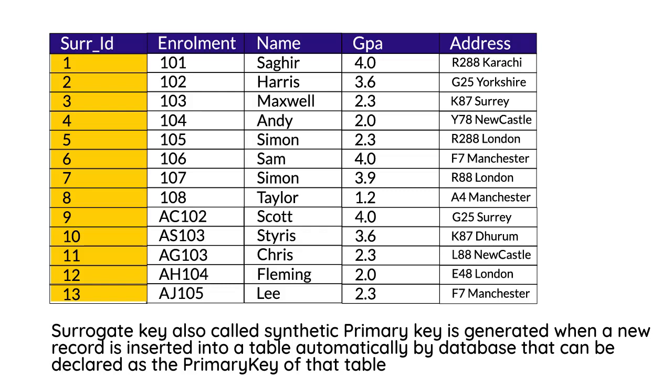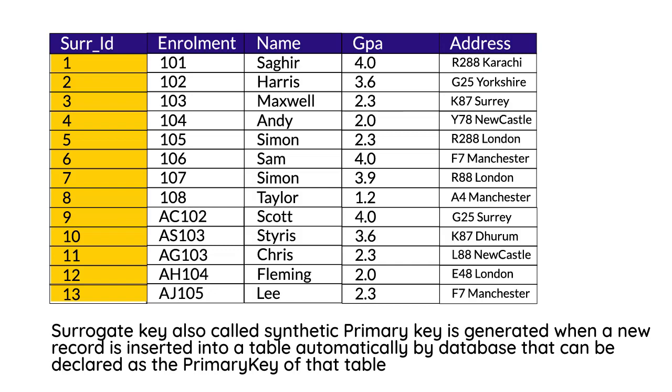Now some people may ask, why don't we use a surrogate key the first time? Well, the problem is that organizations normally find it easier to have a naturally connected primary key to fetch the record. Like in universities, the primary key is mainly the enrollment number. In offices, the primary key is the employee ID, which connects naturally to that record. And a surrogate key is only used when there's a problem in using a natural primary key.